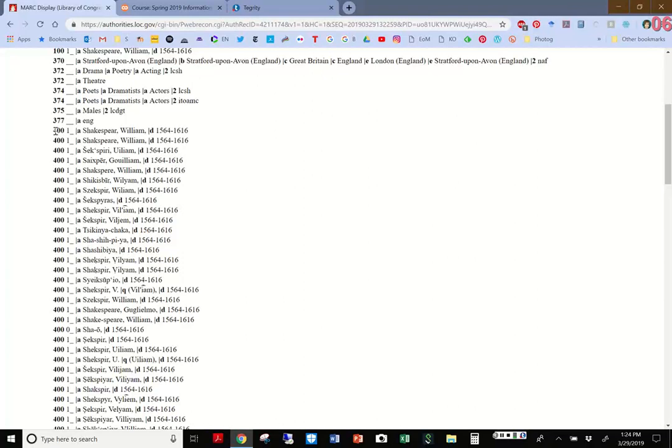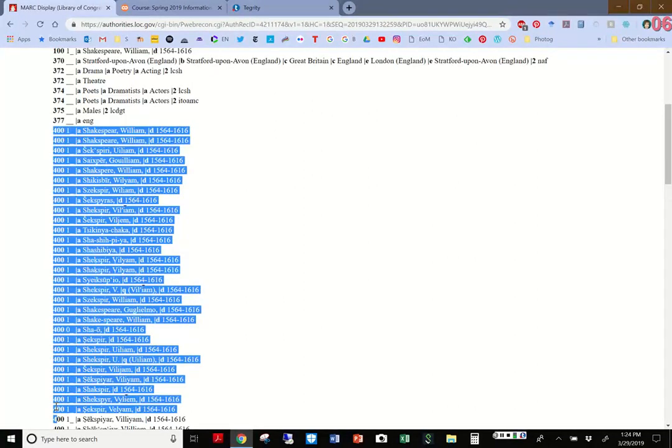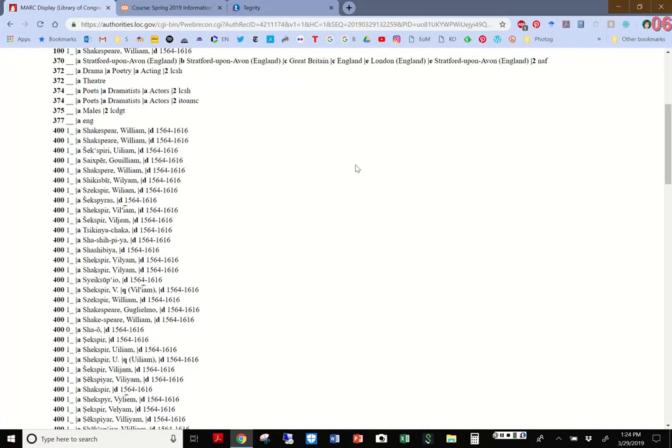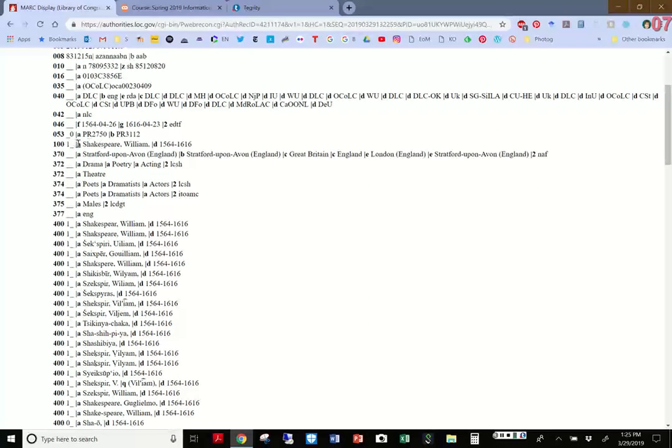Now, see all these 400s. These are all ways that his name is represented in different resources, and they are not authorized headings, but if anyone were to misspell his name here without the E on the end, or if they did certain things differently, Shakespeare is also spelled wrong, they're missing an E here, all of these things would take you back and guide you back to this person, William Shakespeare.